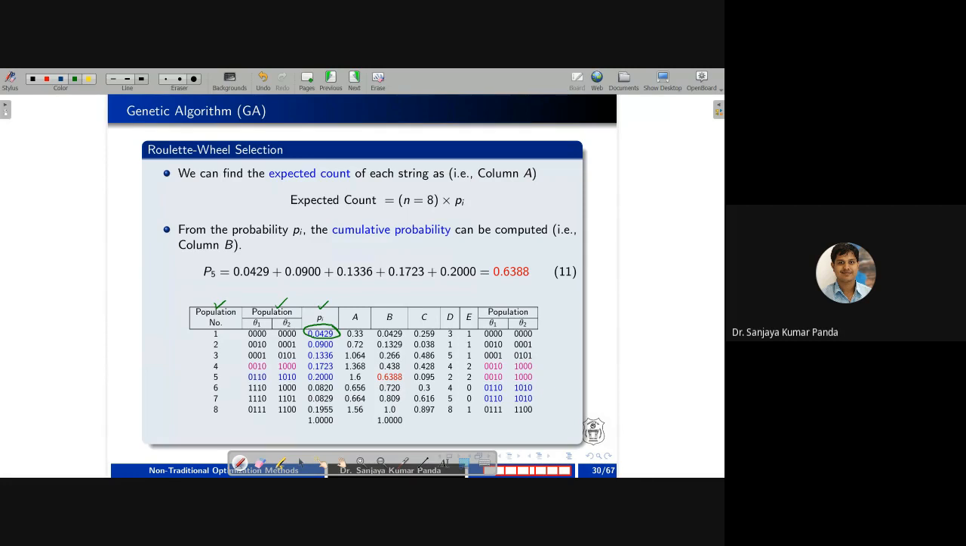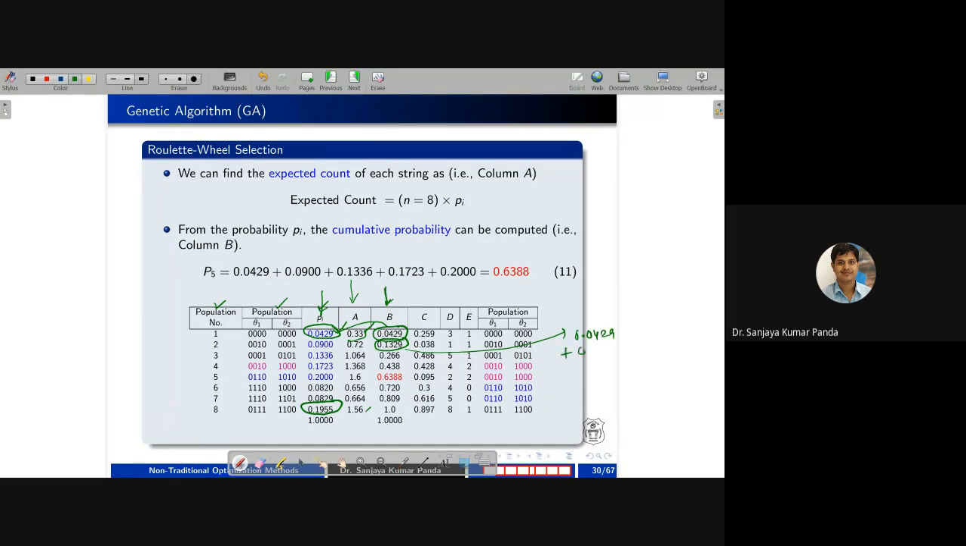If you multiply with 8, you will get the value as 0.33. Similarly, 0.1955, if you multiply with 8, you will get the value as 1.56. Now, once you are done with this expected count value, the next column you want to calculate is called cumulative probability. The cumulative probability of the first one is the same as the probability column. But when you go for the second population,